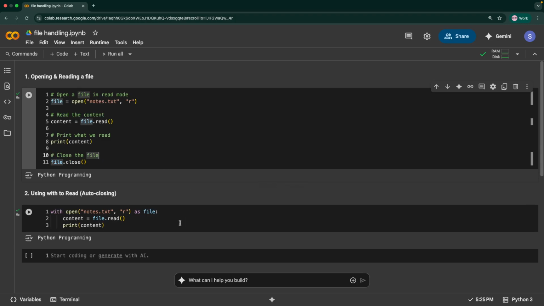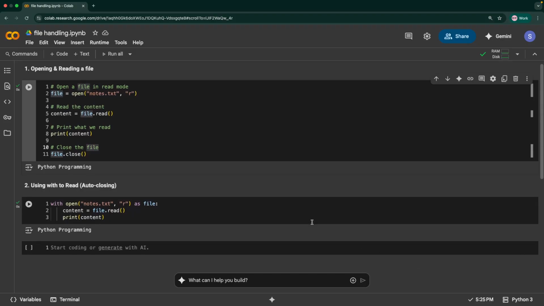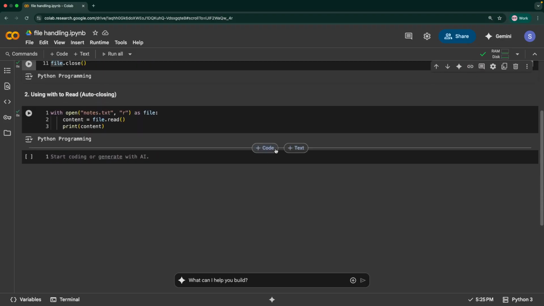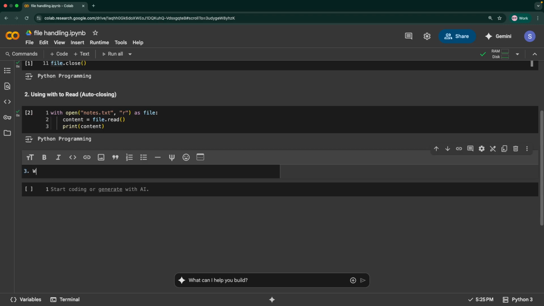So everything inside the with block has access to the open file. So you can open the file, write something, and then edit the content and so on. All this code that lives within this with block has access to the content of the file that we have read. Okay, so this is the same thing that we have, but it is much simpler because we don't have to explicitly close the file and so on. Okay, so that's about it. So the next thing that we are going to do is writing to a file. Okay, so the third part is writing to a file.